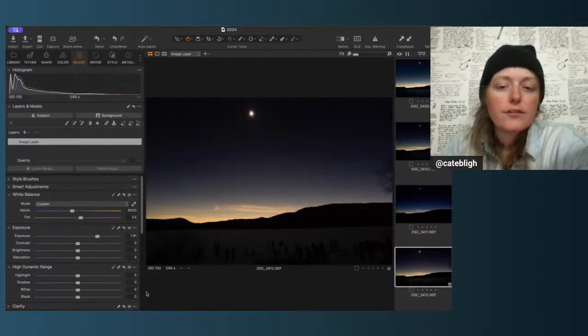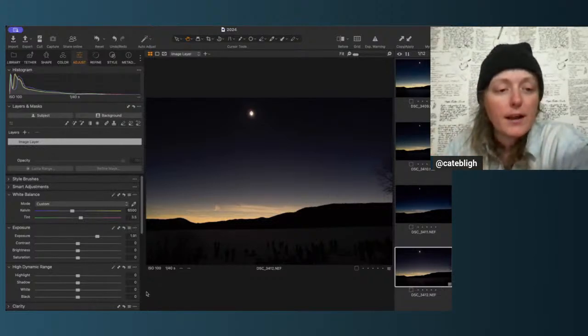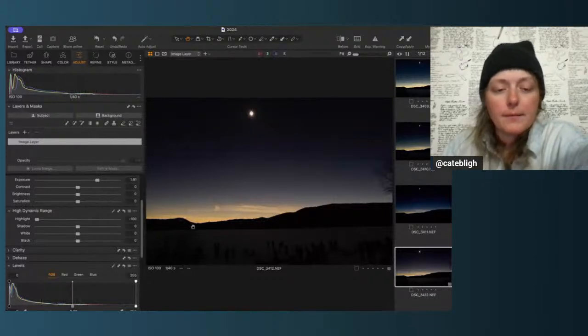So the first things I do are just very subtle changes, and then I can get more aggressive as I progress. I'm going to start with that as the exposure. And then we'll go to highlights. I want to just play around with the highlights and see how much data I can get. So if I lower the highlights all the way down, you can see there's more detail